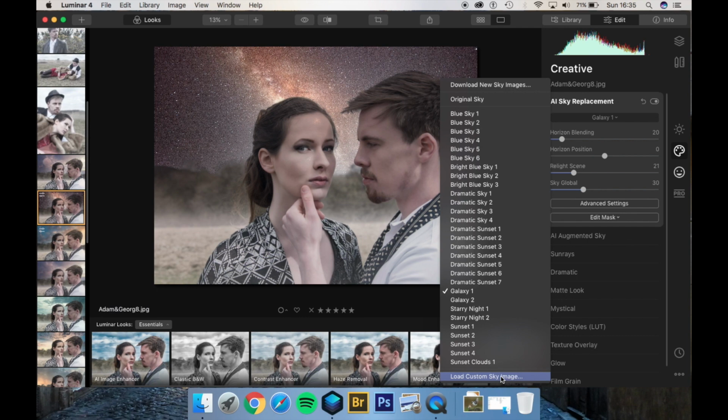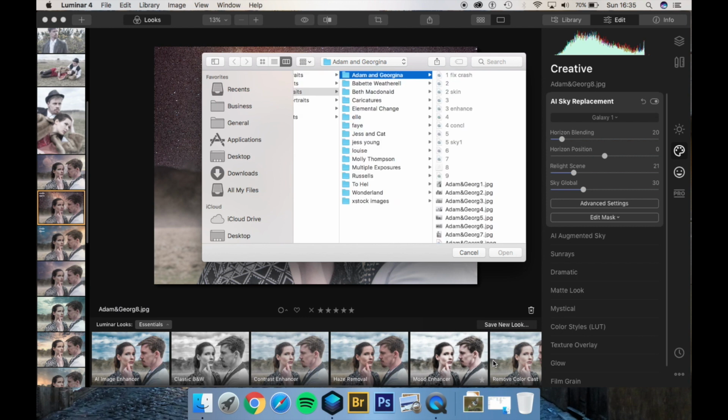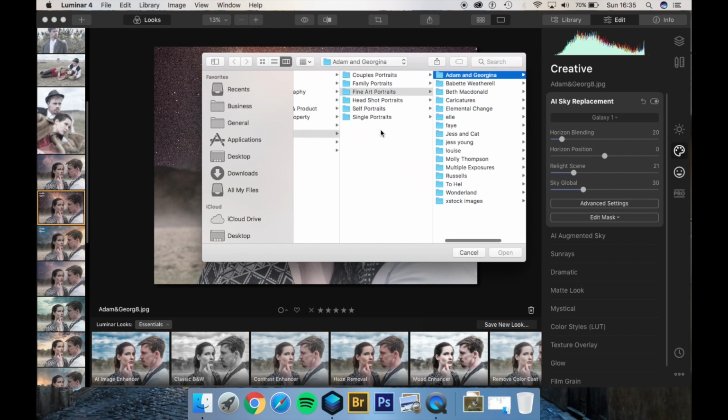This is another thing. Sometimes it just takes forever to load something really randomly, like a particular background, sky, or if you want to load in a custom image, sometimes it just takes a while. Alright, so here we go. You have to find the folder that you've saved it in. So where did I save it? I would have saved it in stock images,